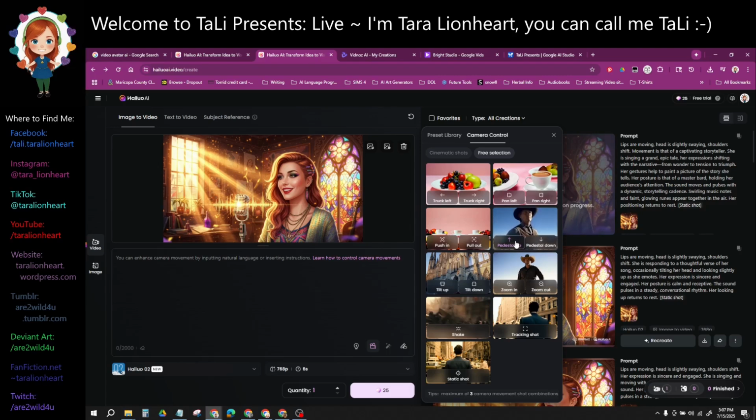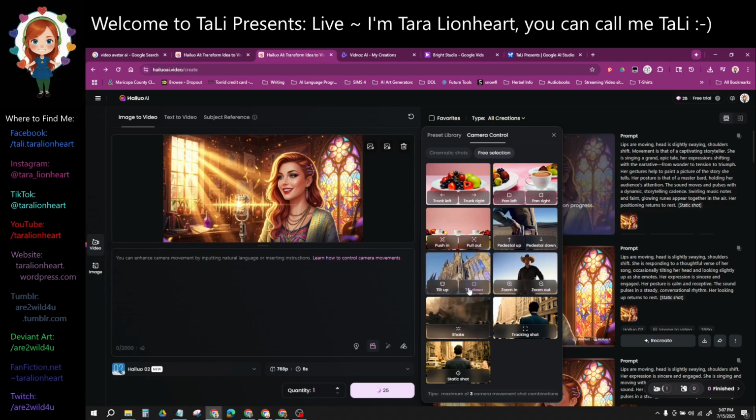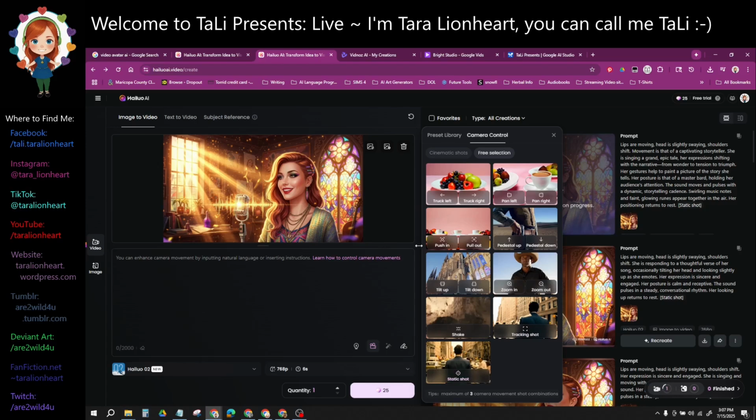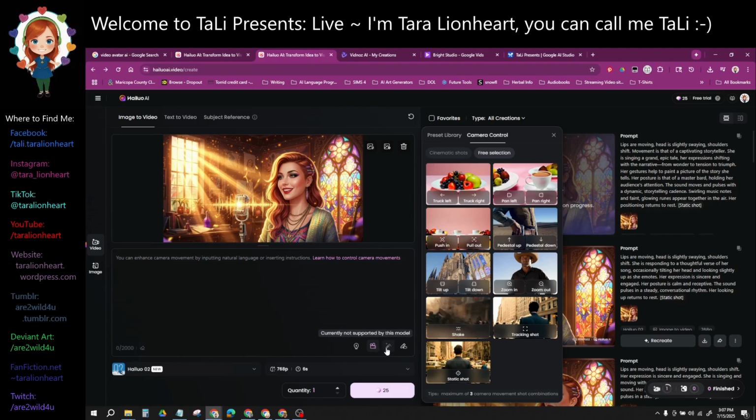I love that it will show you what it is. So you don't have to know movie making technology to see what's going on and what you're going to get. In fact, I'm very curious to at some point try this tracking shot. But we did on our last one have the static shot so that I can get the smooth avatar images that I want.